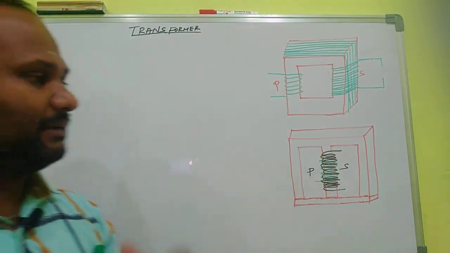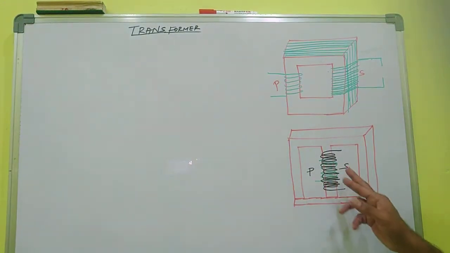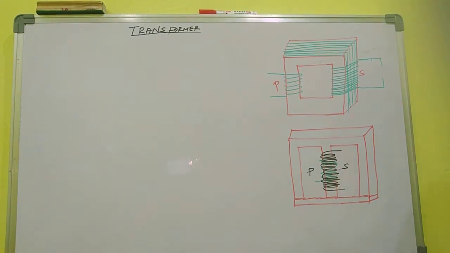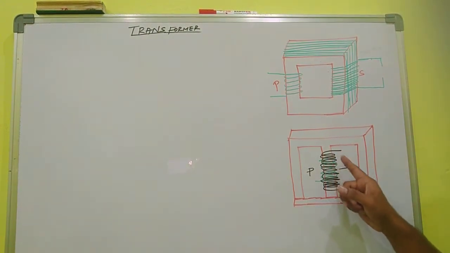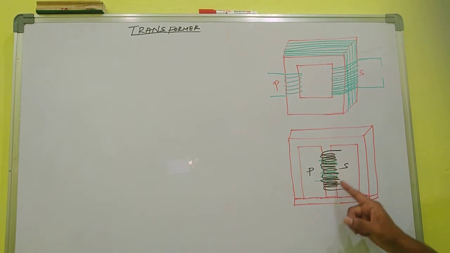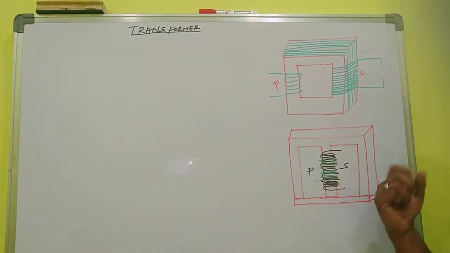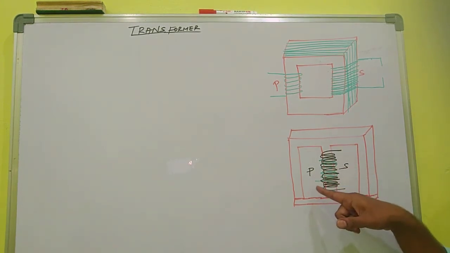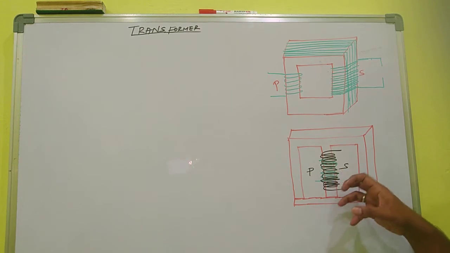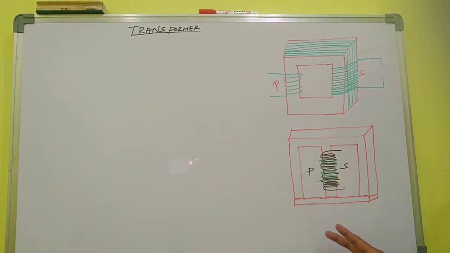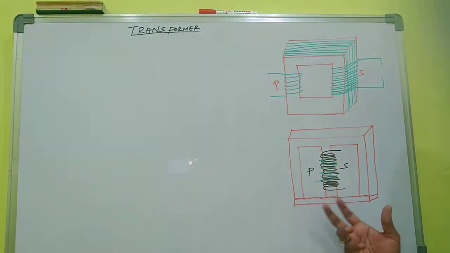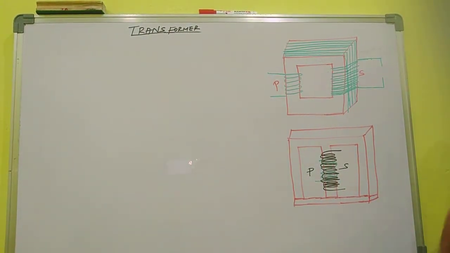Here the primary and the secondary coils are wound one over the other. The green lines represent the primary, with less number of windings. The black lines represent the secondary winding, which contains a large number of turns. Here the secondary winding is wound over the primary. Both are wound together, so there is no chance of leakage of magnetic flux here. That is the reason the two coils are wound together. So please mind it.